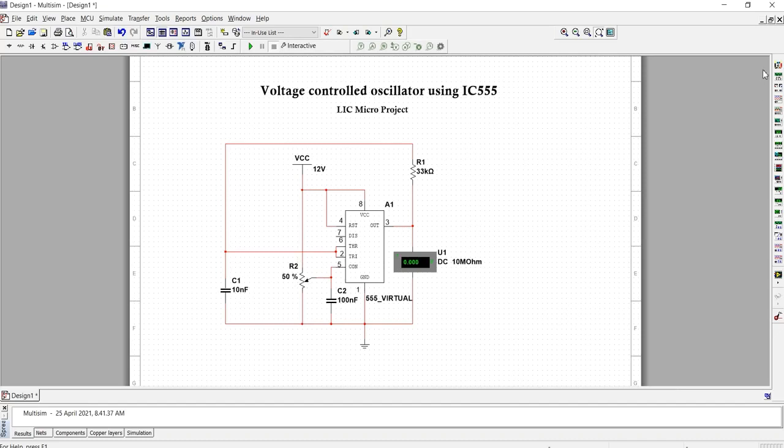To observe the output waveform of this circuit we require an oscilloscope. Select the oscilloscope and make its connection. The oscilloscope's first terminal is connected to the output and the second terminal is connected to ground.